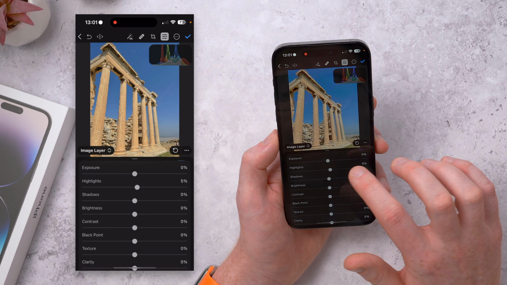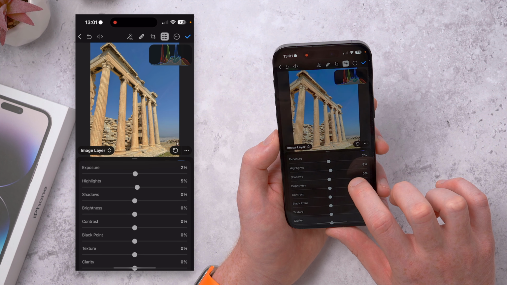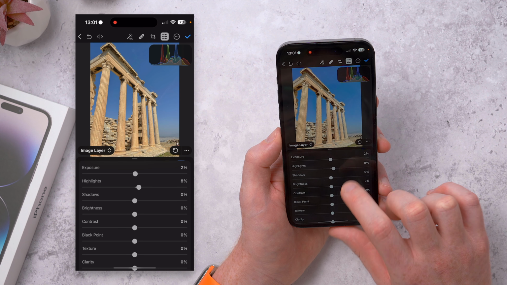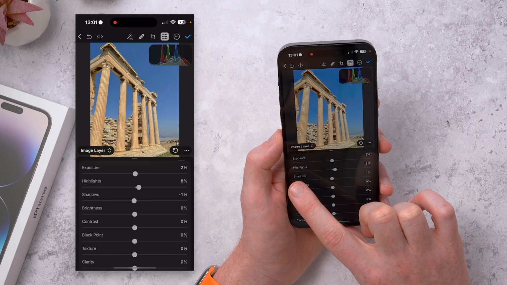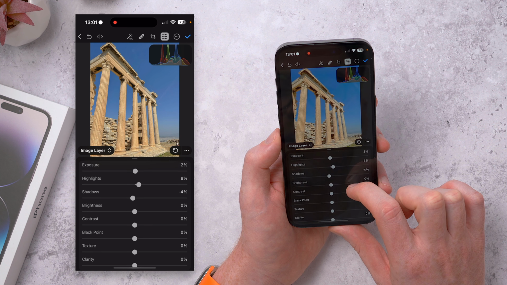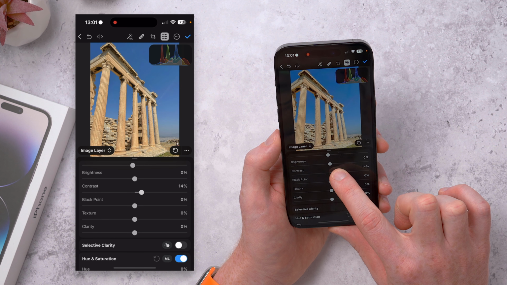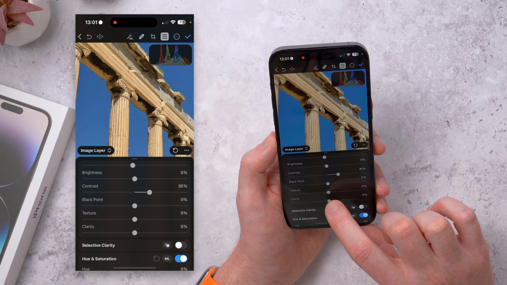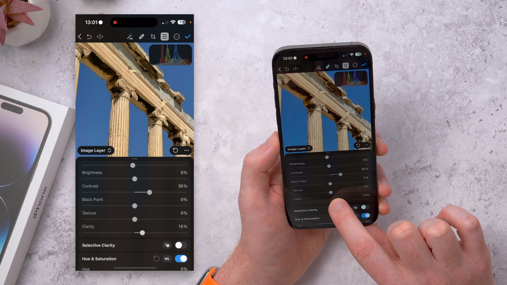Now for this image, I'm just going to bring the exposure up a little bit, and I'm going to also bring the highlights up as well to about 8. I'm going to bring back the shadows to bring back some of that contrast. And then I'm also going to grab the contrast slider and add some contrast back here. I'm also going to add some clarity back to the image, I want to bring out some of that detail